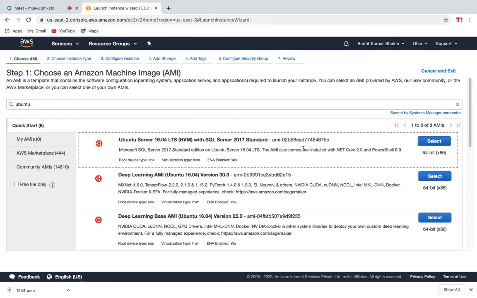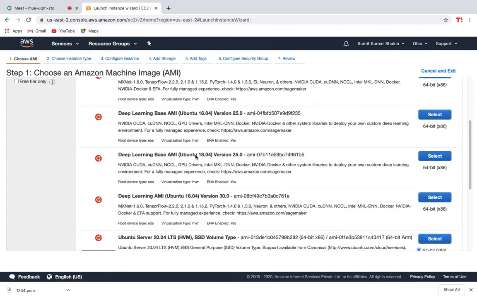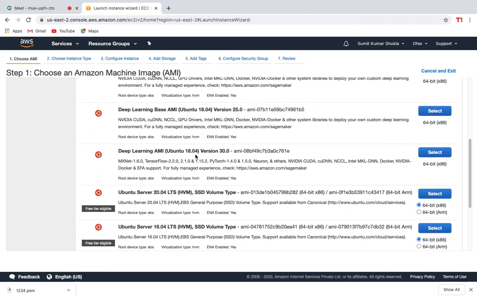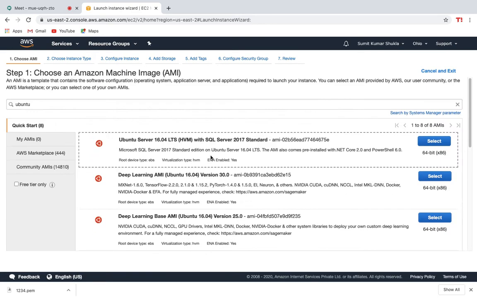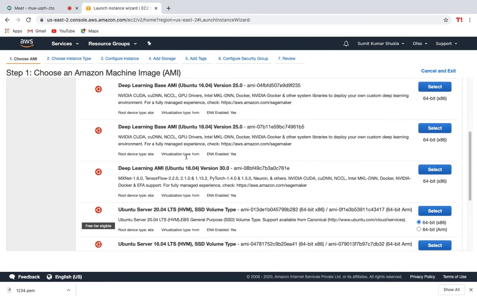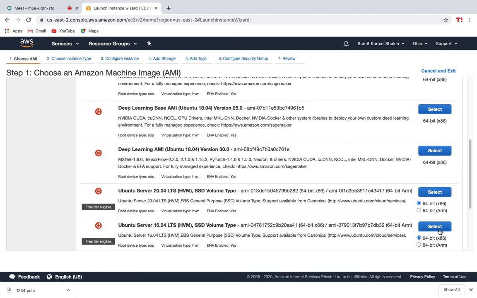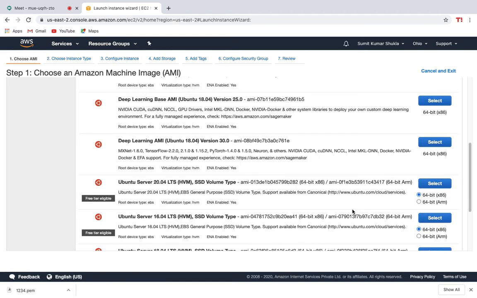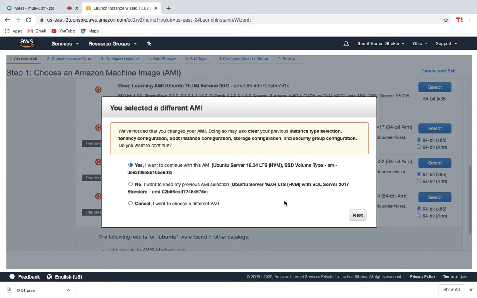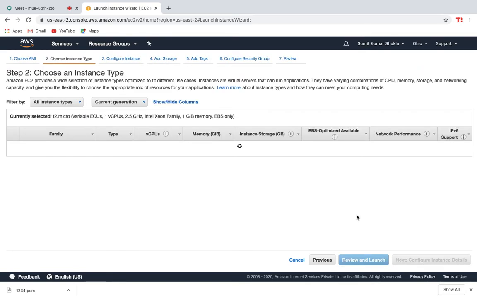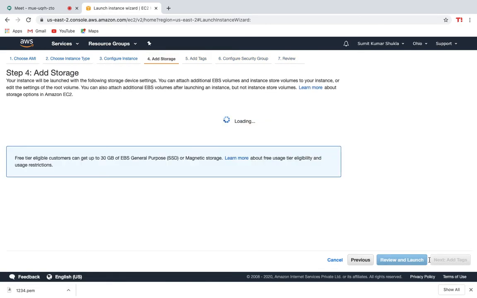Edit AMI. So this is not anything. Let's format this one.